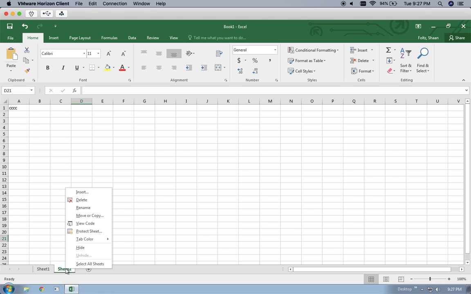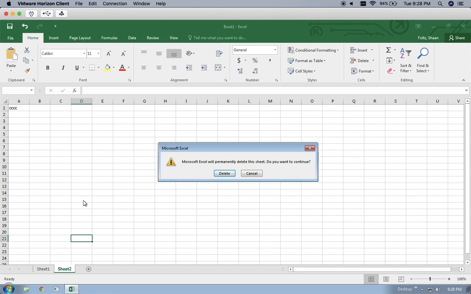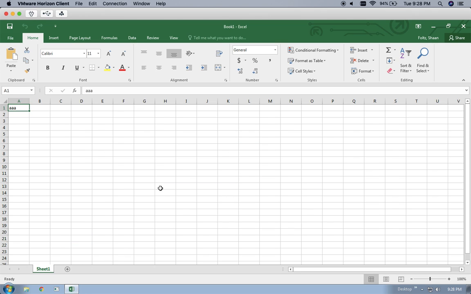I can right click, basically click on the right button on the mouse, and I can rename that worksheet if I wanted to, or I'm going to delete it in this case, but I can do a few simple things here. So I'm going to delete it because we actually only need one worksheet. Excel actually does a really good job with